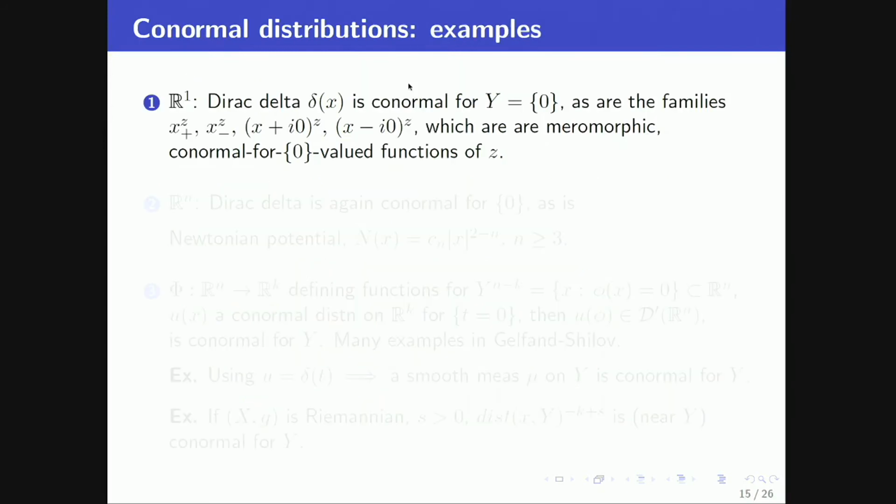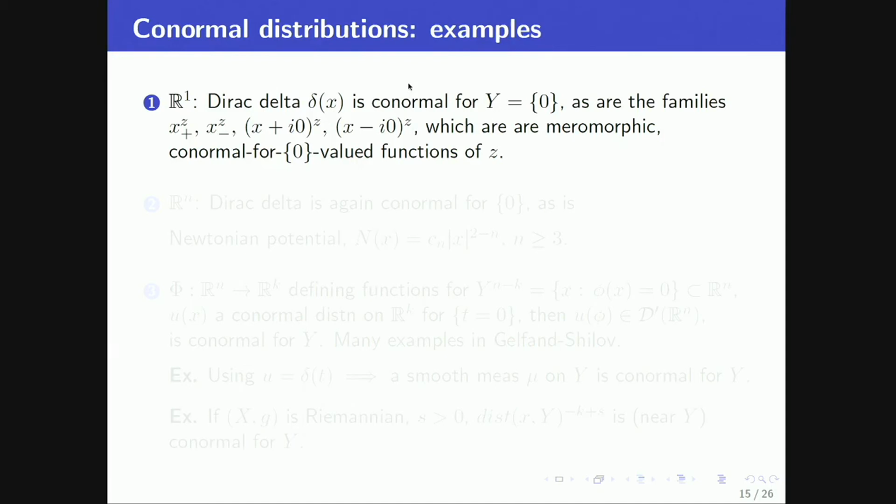Okay, so now let's talk about some examples of conormal distributions before we define them. So many of the classical distributions you'll see in any textbook on distribution theory, for example, the five-volume work by Gelfand and Shilov and company, many of these distributions are conormal distributions. So examples would be on the real line. The Dirac delta function is conormal for the submanifold Y, which is the origin,